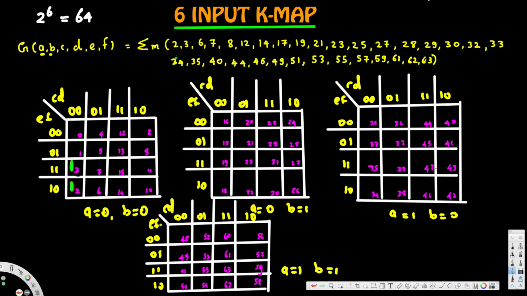Okay, 2, 3, 6, 7, 8, 12, 14, and then 17, 19, 21, 23, 25, 27, 28, 29, 30, 32,